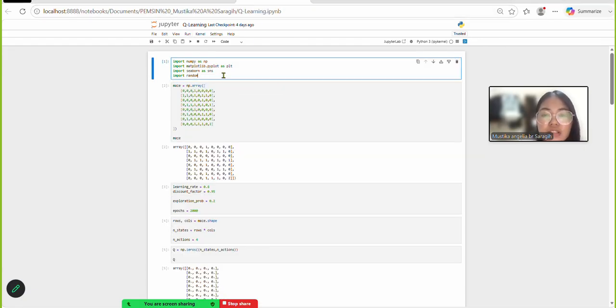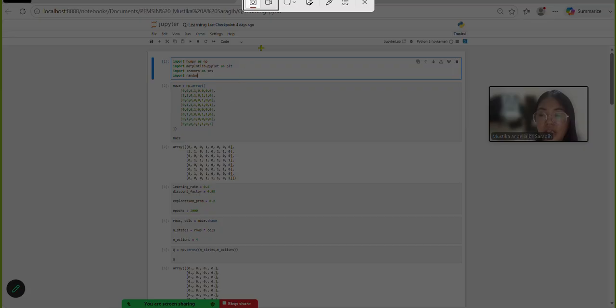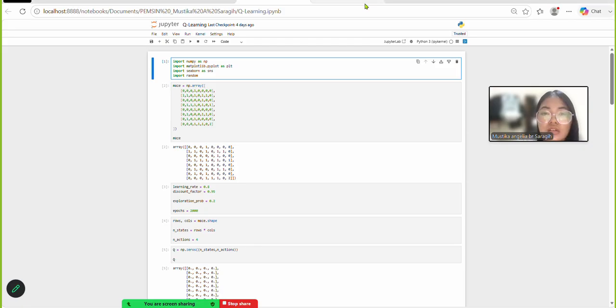Okay, the first is import libraries. The first step, import the required libraries. NumPy is used for numerical computation. Matplotlib and Seaborn are used for visualization of the results.